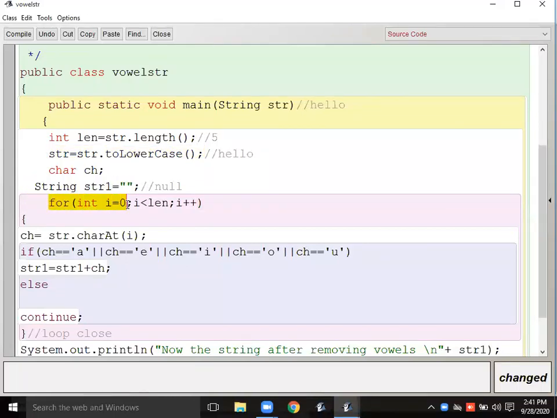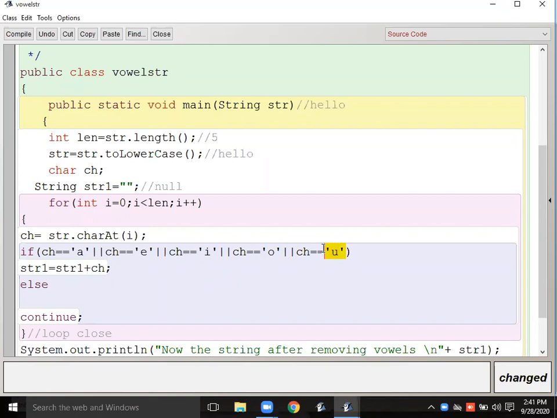See the loop, i = 0, i less than length. Always I have to execute the loop till less than length. Then by using this statement, ch = str.charAt(i), I'm fetching the letter. One character I'm fetching. Now here I'm checking whether the character is a, e, i, o, u.